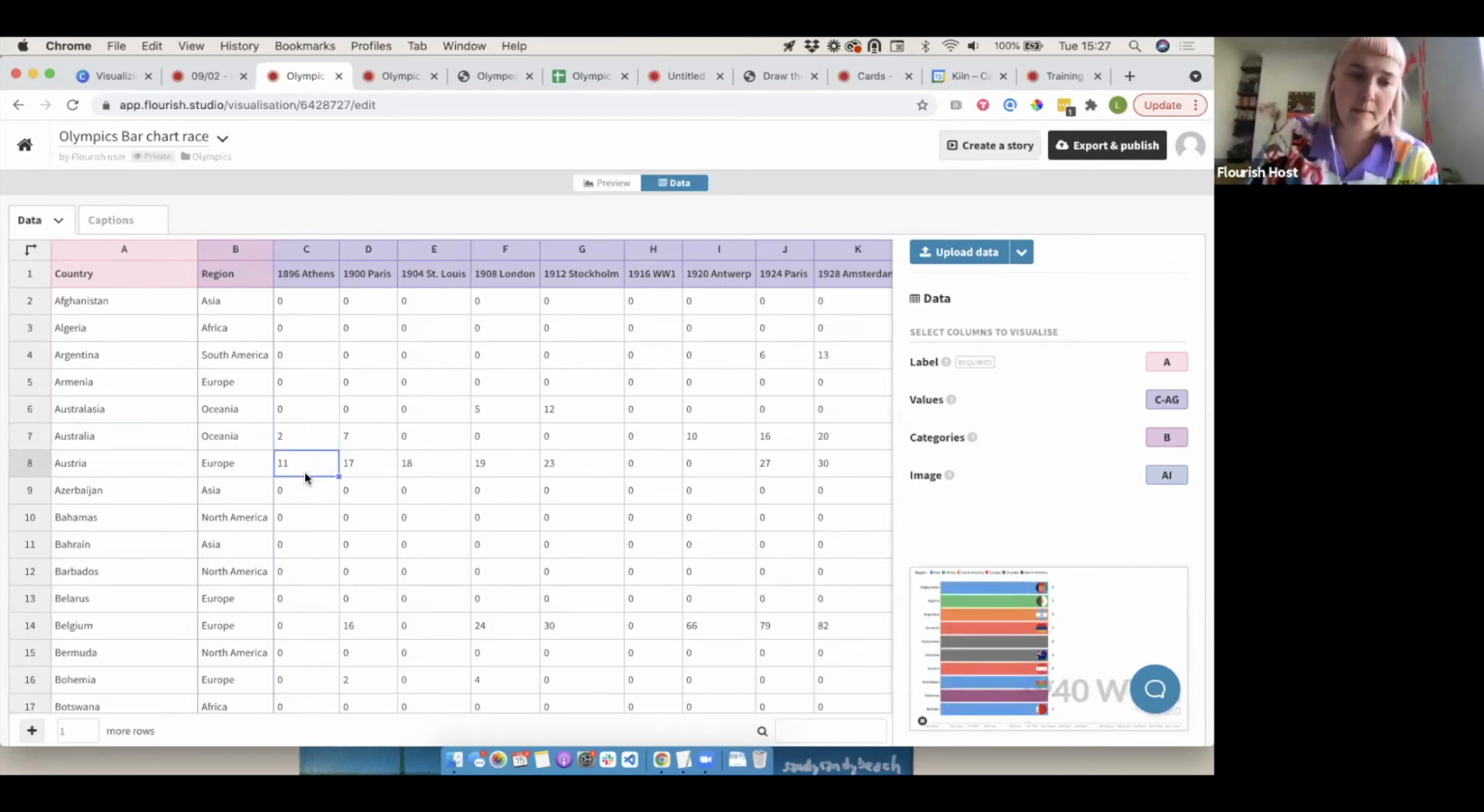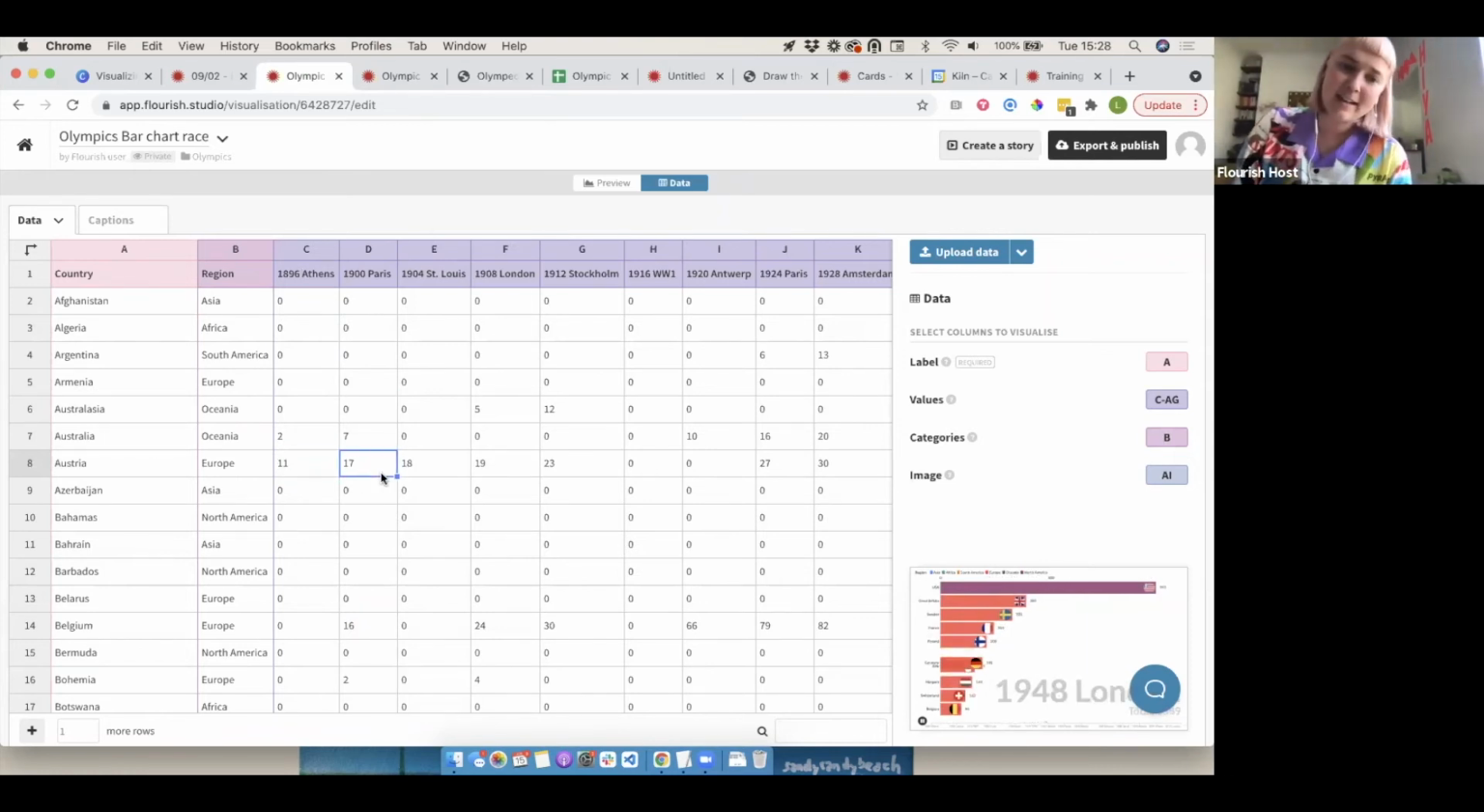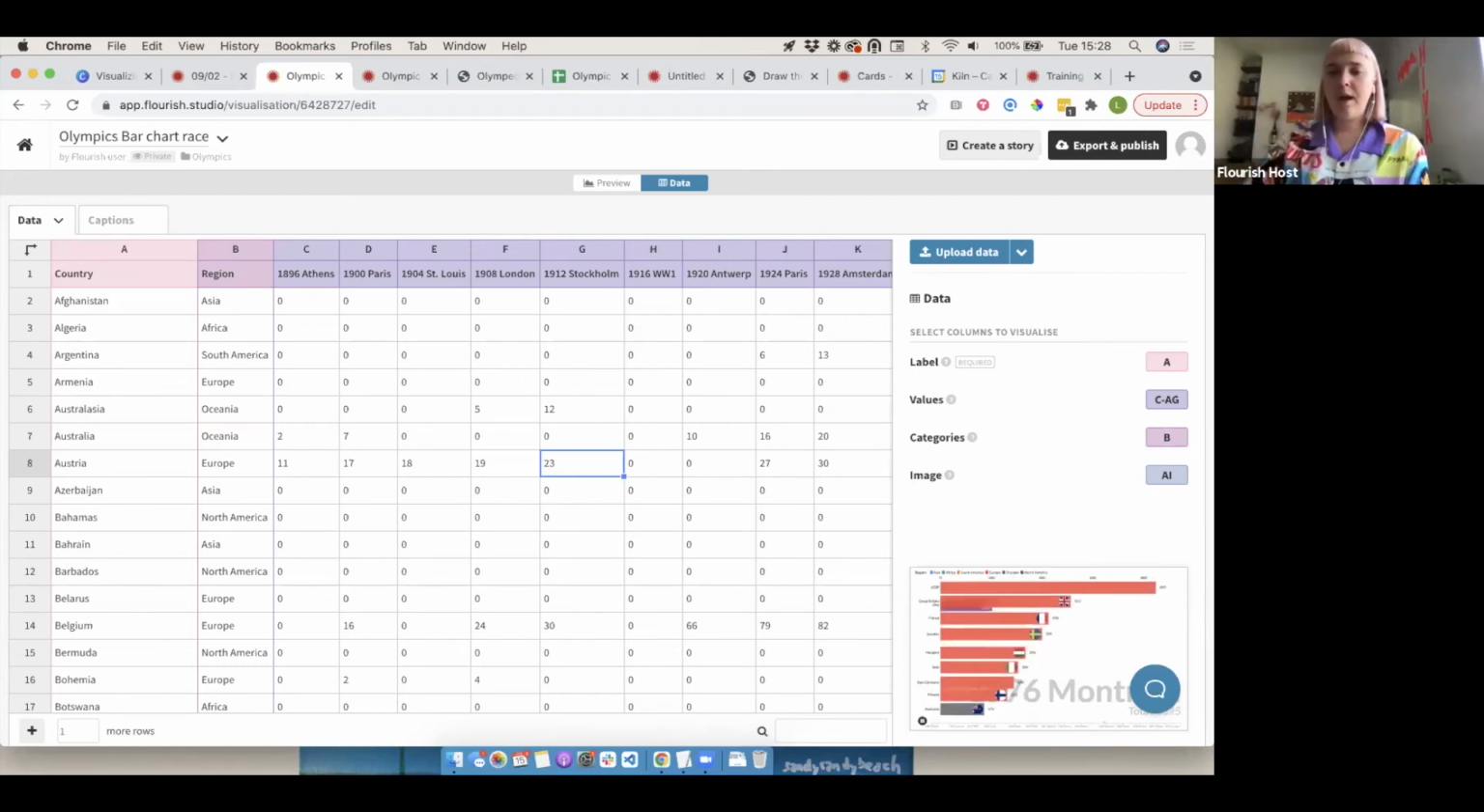11 awards won in 1896, and then it's 17 in 1900. So that just means that there were 6 won in 1900, and then they're added to the previous number. So it's like a running total. If you have just the absolute values for each year, the bars kind of jump back and forth. In that case, it might be a better idea to use a line chart race, which we also have in